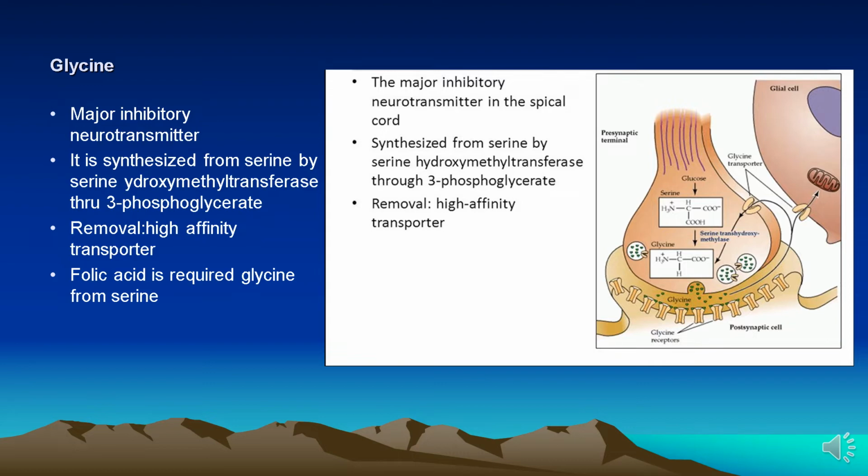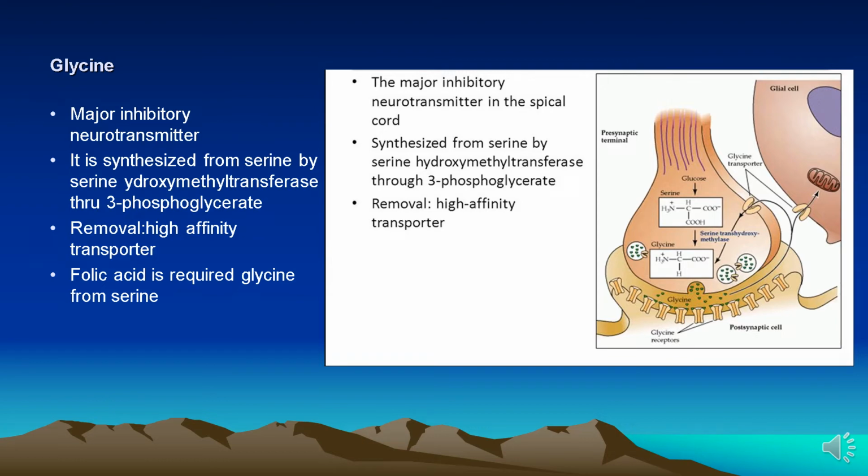And this is for glycine. It is a major inhibitory neurotransmitter. It is synthesized from serine by the enzyme serine hydroxymethyltransferase through 3-phosphoglycerate. Also, it is packaged into vesicles and, the same as the others, released into the cleft, and